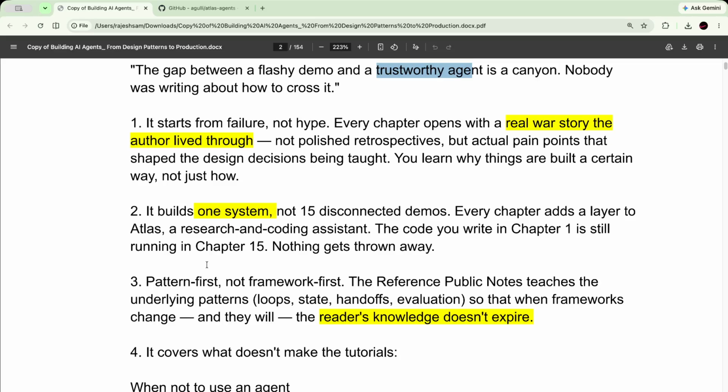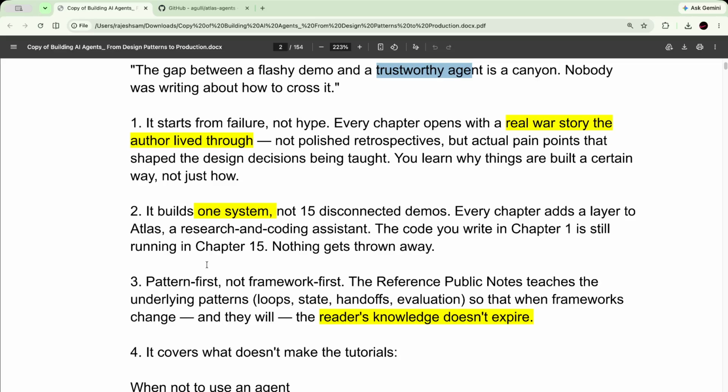Every chapter adds a layer to Atlas, a research and coding assistant. The code you write in chapter 1 is still running in chapter 15. Nothing gets thrown away. What does it mean? It's going to help you understand the basic concepts, and it's going to prevail until you cross the canyon, which is chapter 15 and beyond, right?